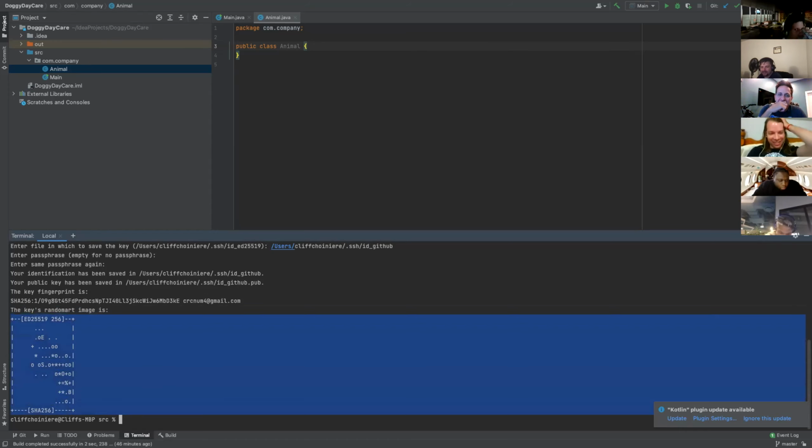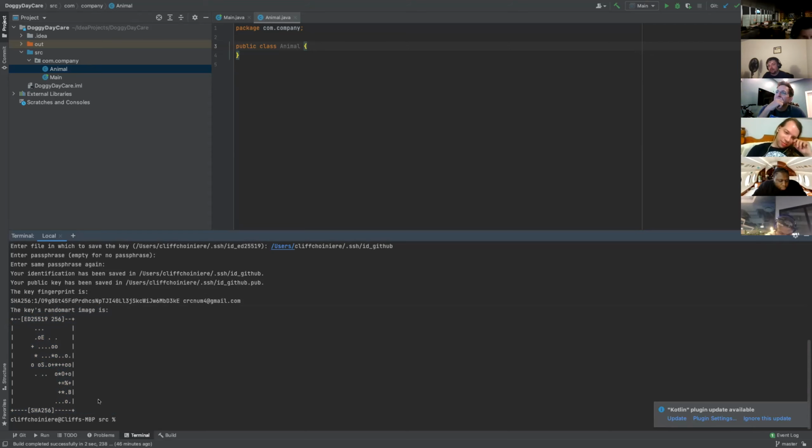Yeah, the main thing here is that this is supposed to be a unique fingerprint. No other key should have the same thing. This literally is the fingerprint of your key to show that it's unique and original. So